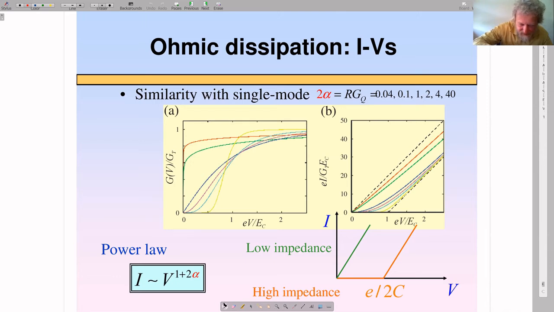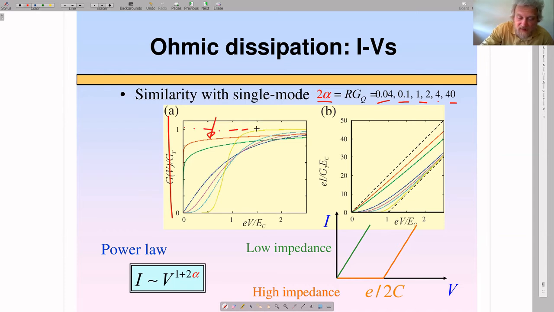Here is a plot of differential conductance, and the different curves correspond to different values of this parameter, basically different values of the resistance. So we see a rather sharp crossover from the situation at low resistance,